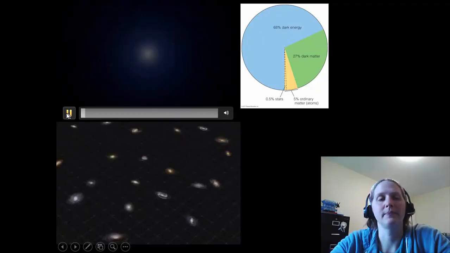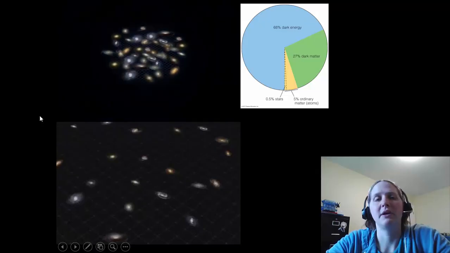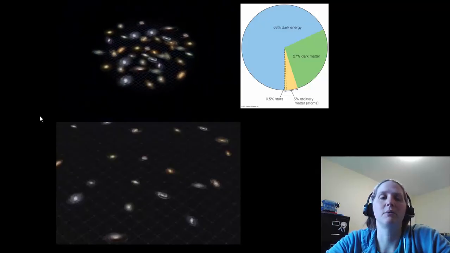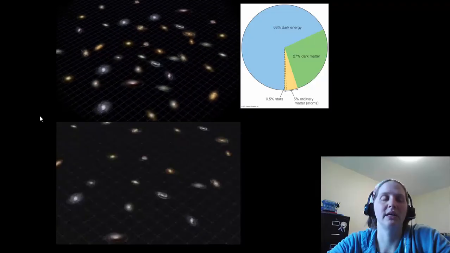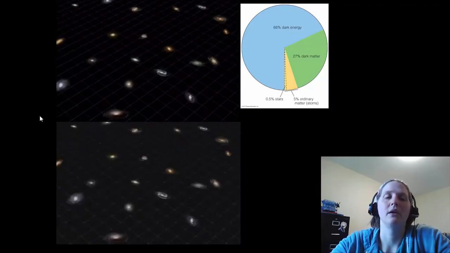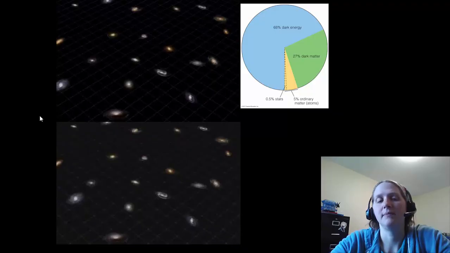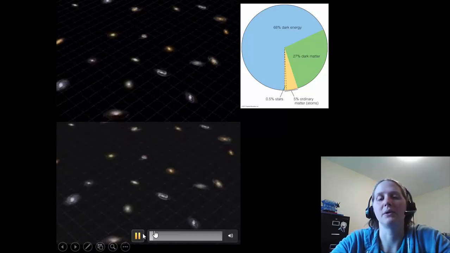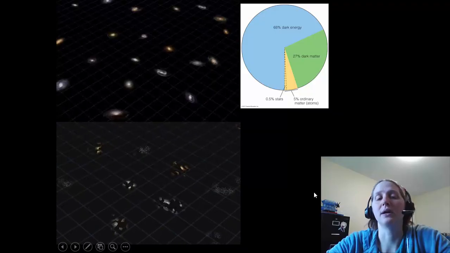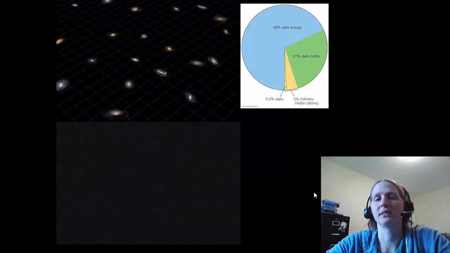What's going to happen? The expansion pushes the galaxies apart. That rate picks up and eventually they get very spread apart. There is a possibility that the expansion happens so fast that it can even rip apart galaxies or even stars. If that happens, it's called the Big Rip, but that model is not favored.